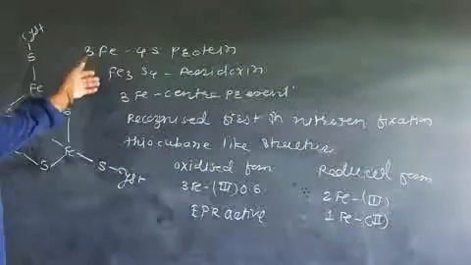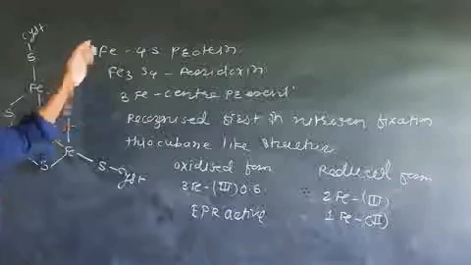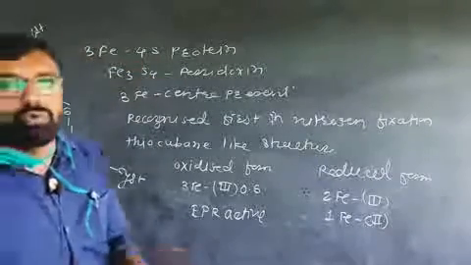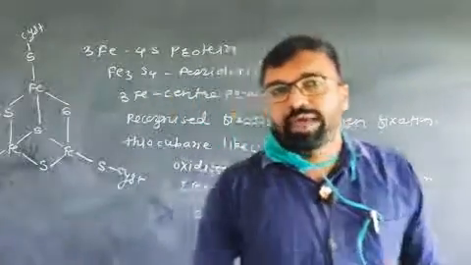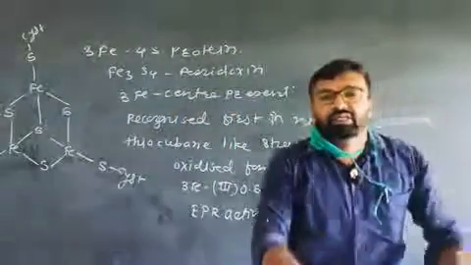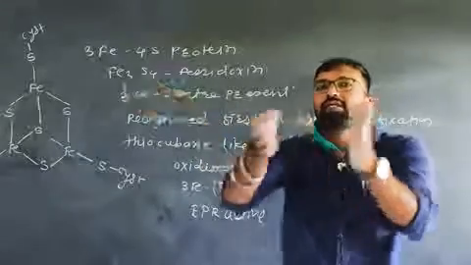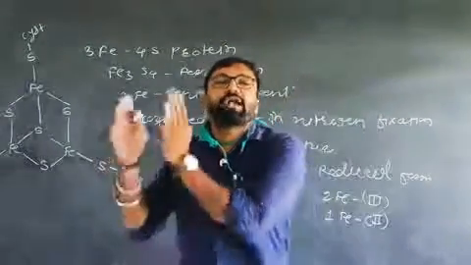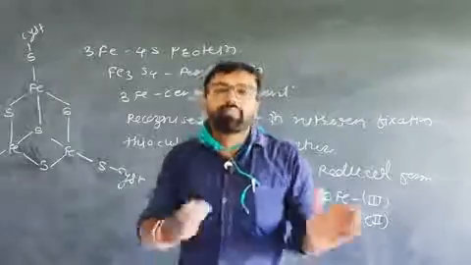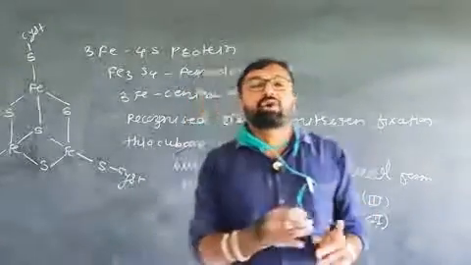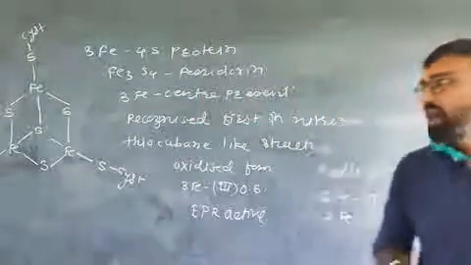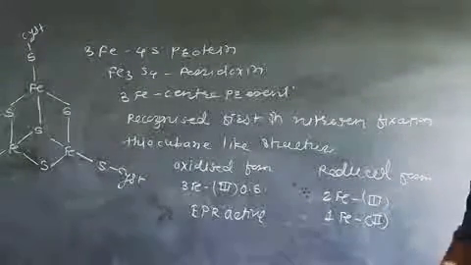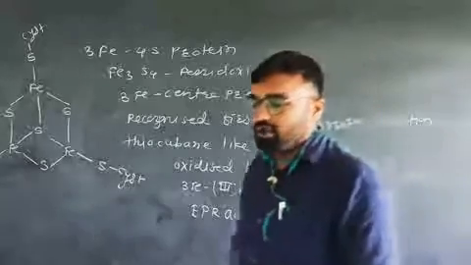This is about the ferredoxin, rubredoxin, classification of ferredoxin, then features of rubredoxin. Homework for you: make a chart that contains first rubredoxin, then ferredoxin, 2Fe 2S protein, 4Fe 4S protein and 3Fe 4S protein, and make a comparative study regarding the oxidation state, the color, the function, and the bridging. Okay, all the points should be covered. This is homework for you.